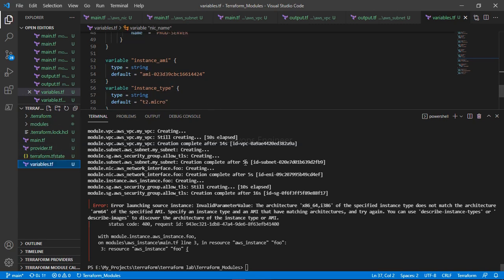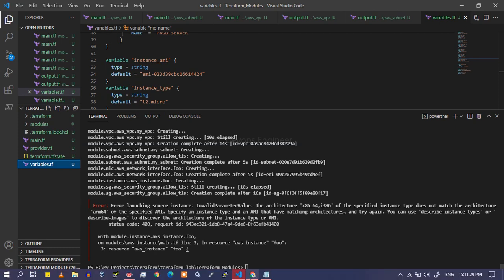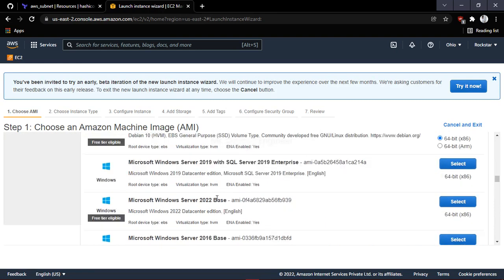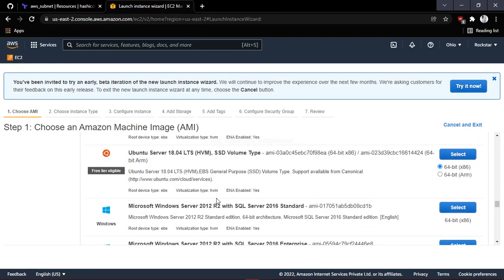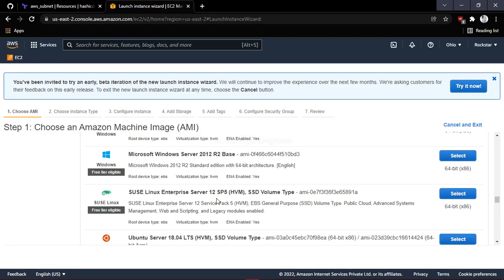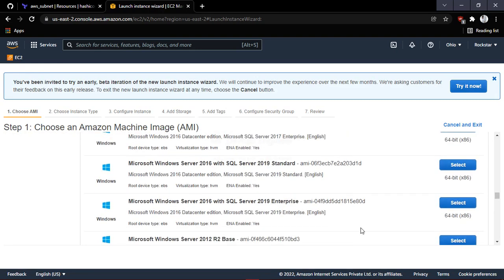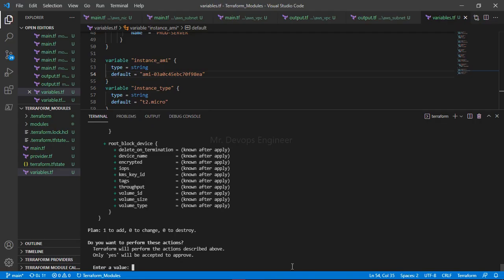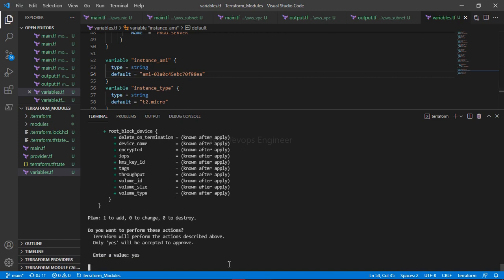Here you have the AMI, right? So to get the AMI ID, what you have to do is go to this portal, click on launch instances and pick any instance you want, right? So in my case, here you can see along with all the images you do have this AMI ID, correct? So this one you can select as per your requirement. Okay, so let me select one quickly. Once I have changed the AMI ID, I have again done terraform apply, and it is asking for the approval.